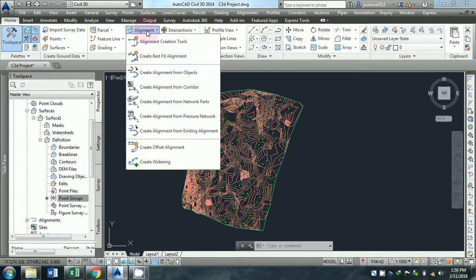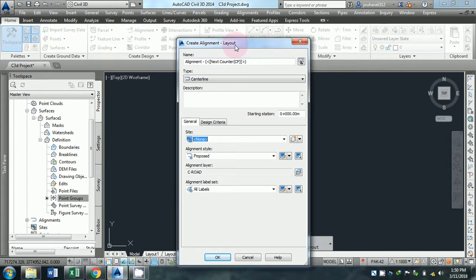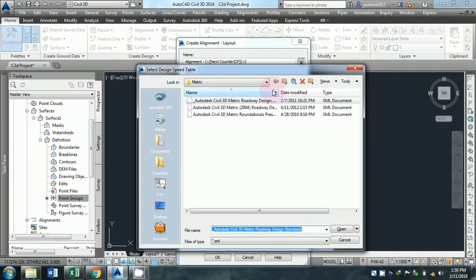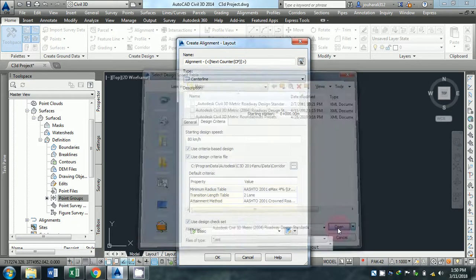For that we will go to the alignment creation tool, open it and come to the design criteria. Here for the starting design speed we will give something like 80 or 100, and tick mark use criteria based design, also tick mark this one, and now click the three dotted option over here and select Autodesk Civil 3D Metric 2004 roadway design. For this we will just open it